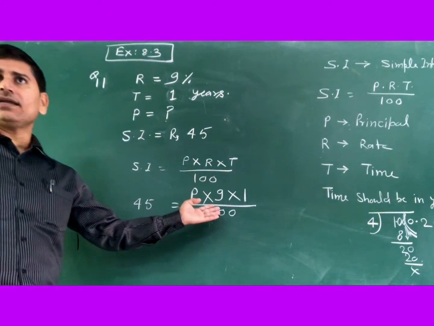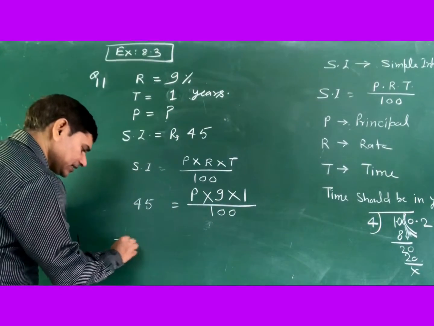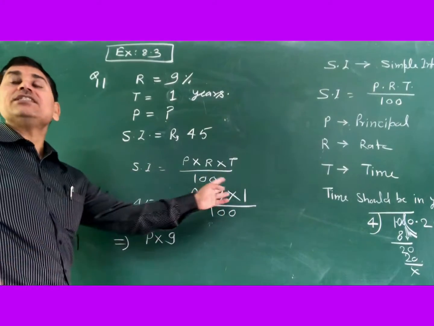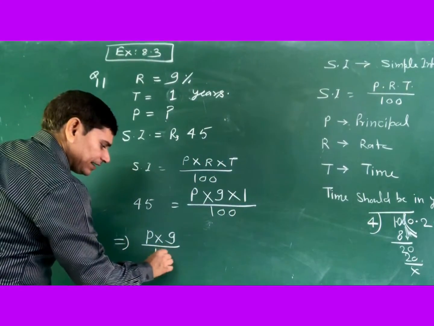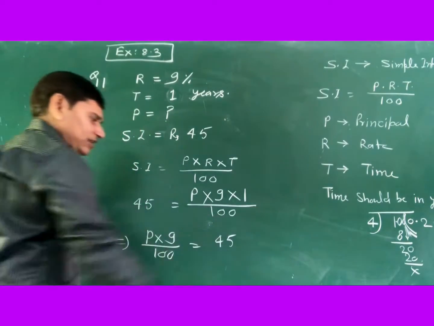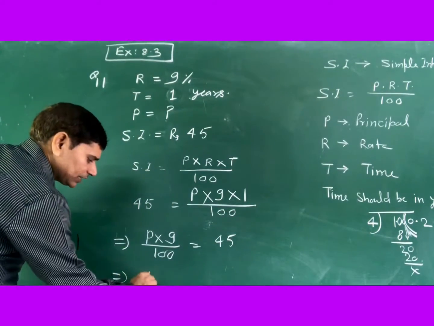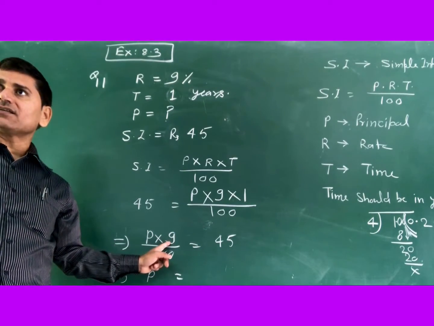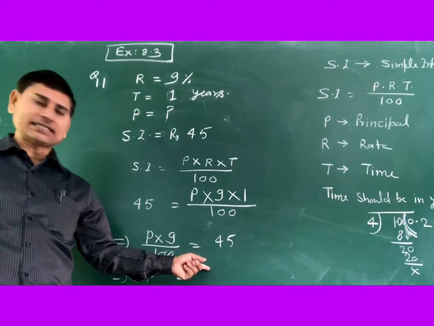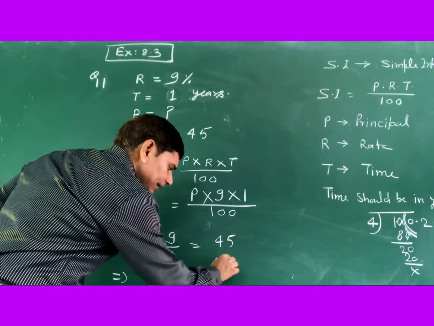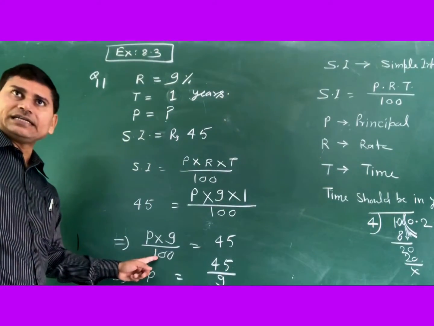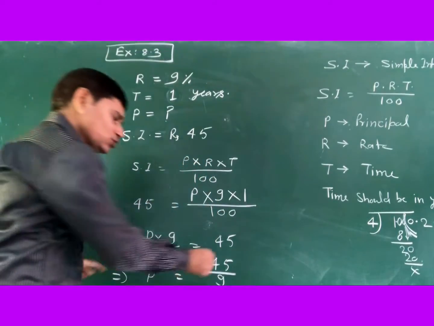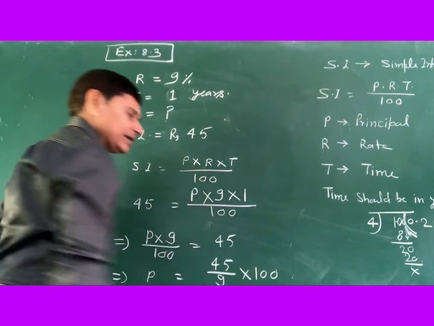So nothing is cancelled out here. So you will write here just like that, P into 9 into 1, means 9 ones are 9, and divide by 100 equal to 45. Very good. And now P equal to, dear, you transpose other things to the right side. Here 9 is in multiplication. So if you transfer this to the right hand side, then it will go to the denominator. And 100 is in the denominator. So this will go into the numerator, that is into multiplication, that is 100.